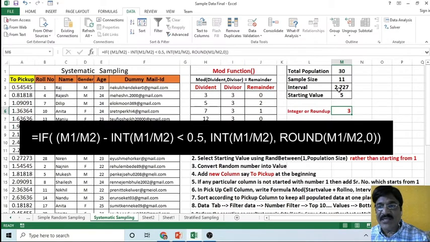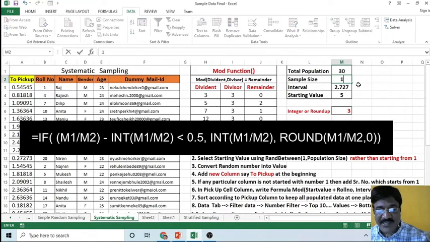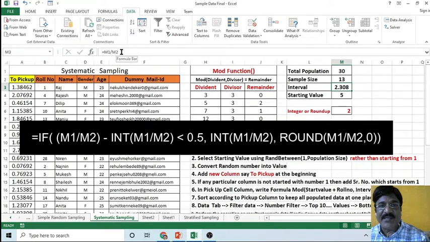In this case, it is 2.72, which is greater than 0.5, so we have rounded it to the next integer. Now assume instead of 11 it is 13. Since it is less than 0.5, we have ignored the fraction value. So instead of selecting the interval like this, select the interval something like this.